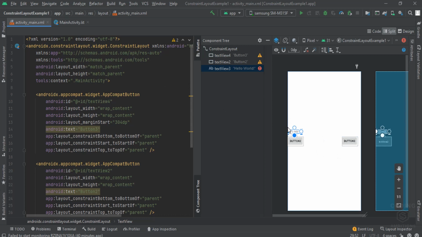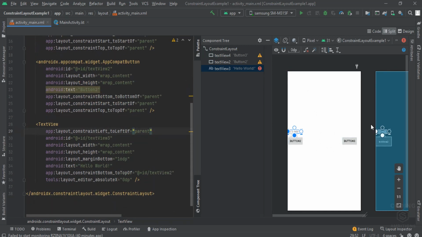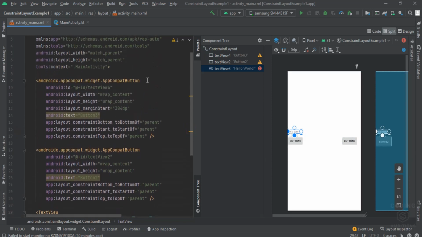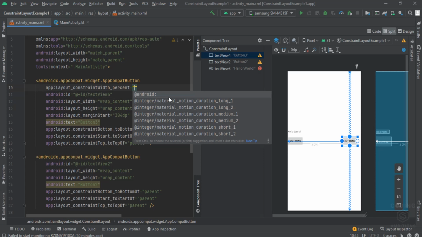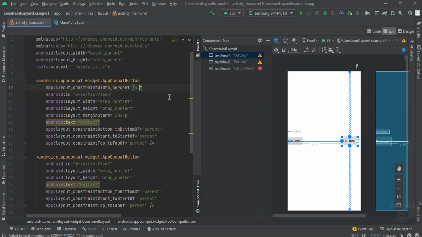And there is one more thing in the constraint layout. You can use the width of the views as well. If we want to align 50-50 width, or let's say 50% width to this one and 25-25 to both of these views, let's see how we can do that. So this is button 3, and here we can see width percentage. The total width percentage is 1. So out of 1, if we want 30%, we will assign it 0.3.